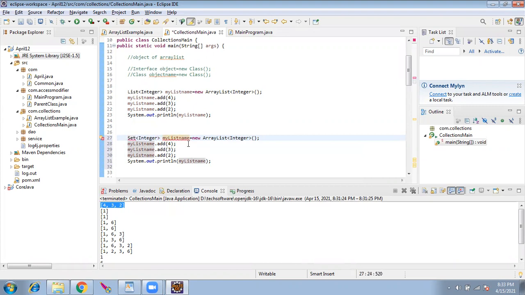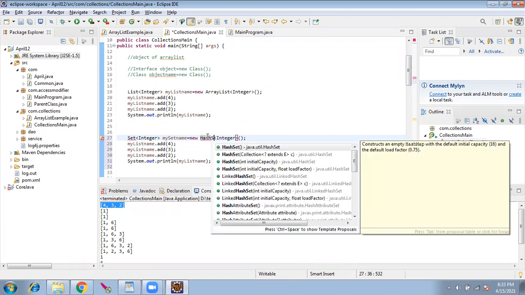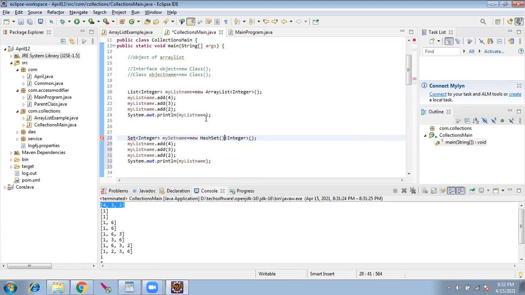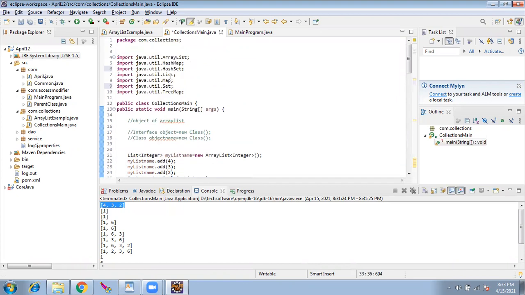And instead of list name, I will use my set name. Instead of array list, I will use hash set. Everything is same. There is an error because I have to do an import. Control Shift O will automatically import. Where is the set? It is inside the util package.